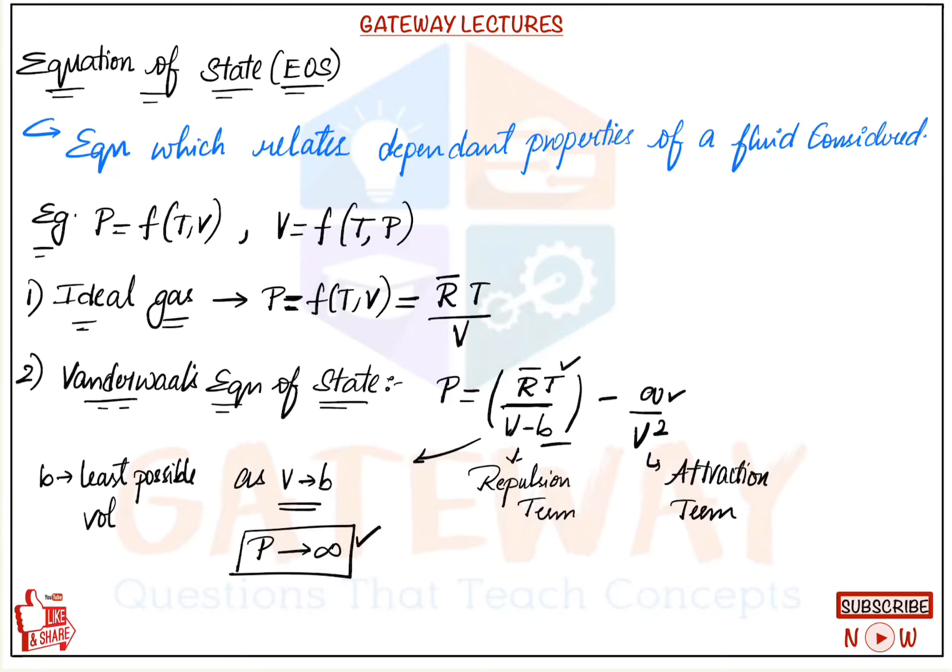So here we have known there are repulsion term and attraction term due to intermolecular interactions. Since van der Waals allowed intermolecular interactions, he observed that there is attraction and repulsion between the molecules. Due to this attraction and repulsion, there will be variation in the pressure, and that variation he gave as an equation. And the value of A, generally using the critical properties, was given an empirical relation as 27 by 64 R square T critical square upon P critical, and B is given as R T critical